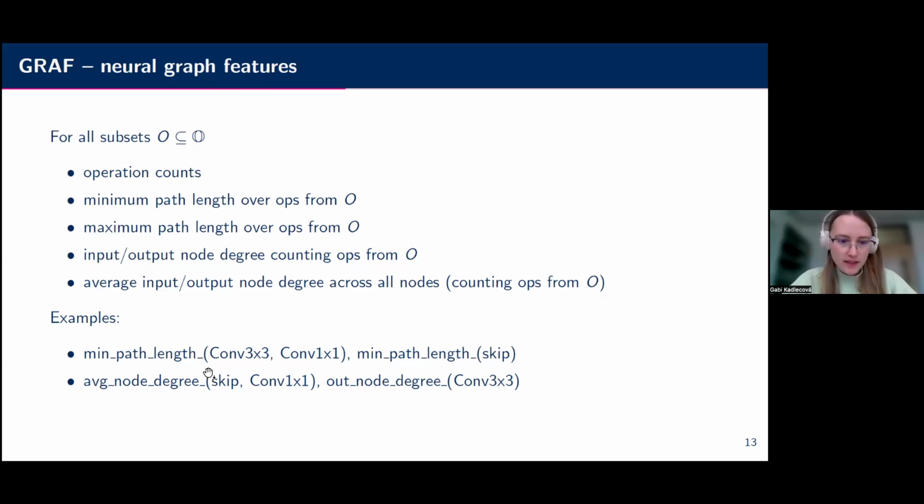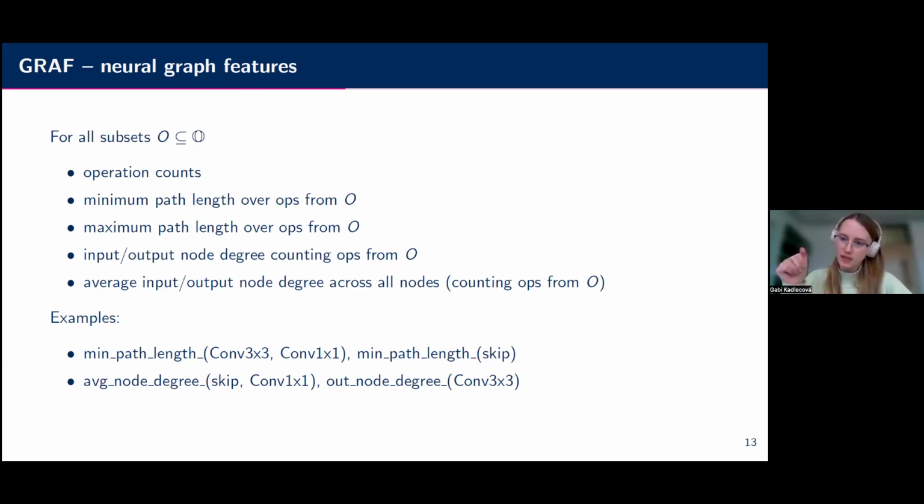A few examples, some of them were already shown on the previous slide. So for example, just minimum path length over all the convolutions or all the skips. When we've got the maximum path length over convolutions, we can see that as the depth of the network, because we try to get as many convolutions as possible, and that's how deep the network is.